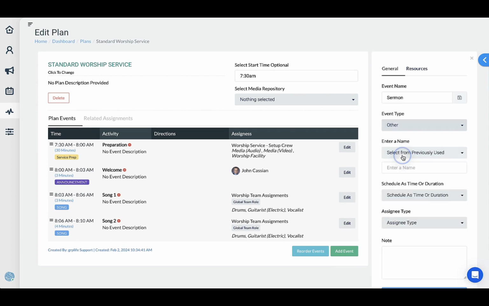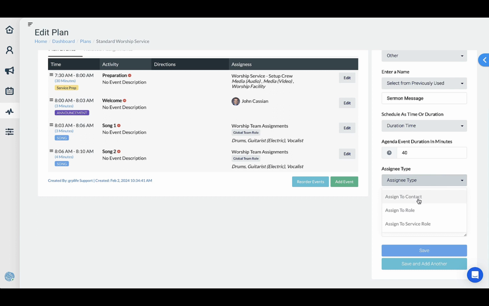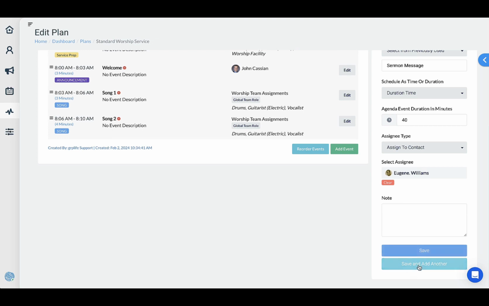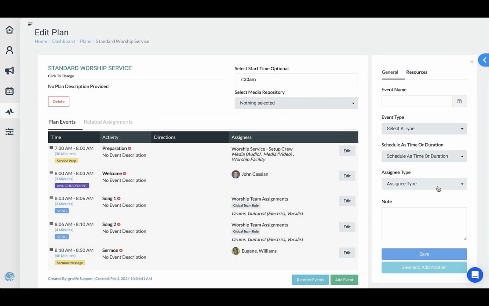we'll do other here, and we'll give it a new name. We'll call it sermon, and this is going to be, let's say it's 40 minutes, and this is going to be assigned to a contact. And then in this case, whoever our pastor is, for example, we might do that, and then we'll save and add another one, and then we'll do